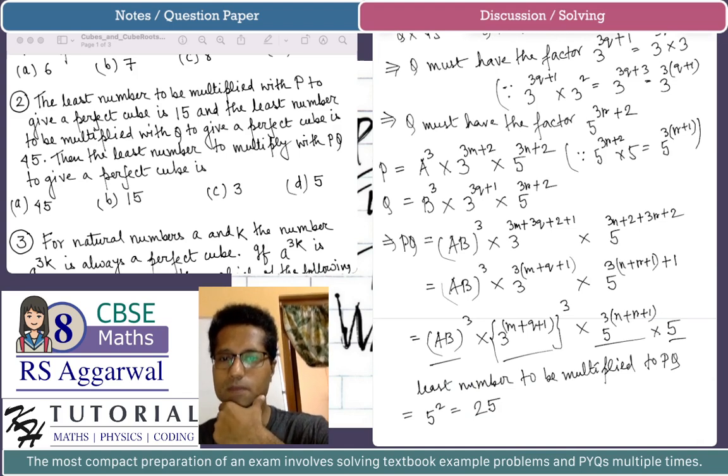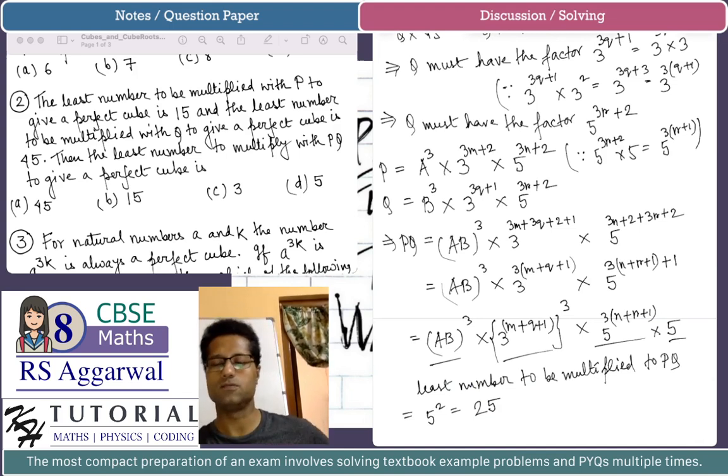So if you multiply PQ, we get AB cube, and the power of 3 is 3 into m plus q plus 1. Now the power of 3 is a multiple of 3, so it will form perfect triplets. But the power of 5 is 3 into n plus r plus 1